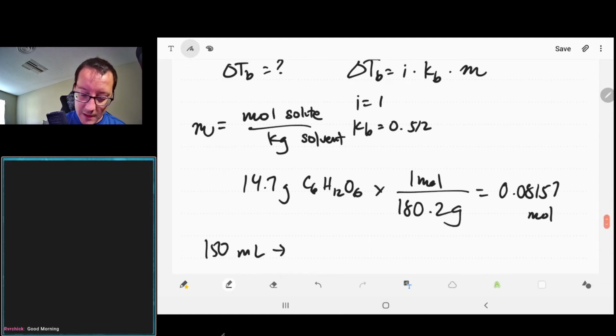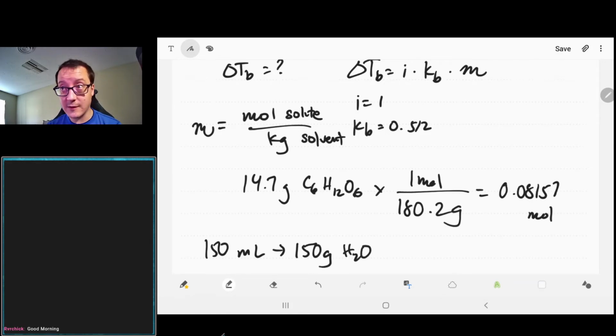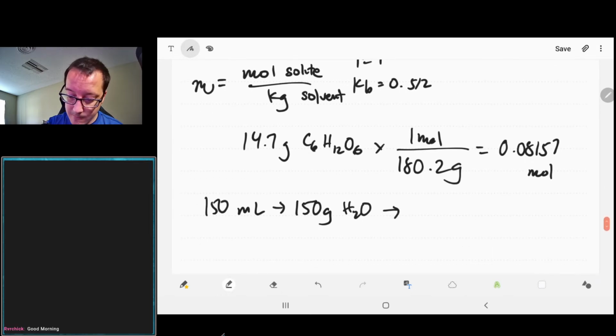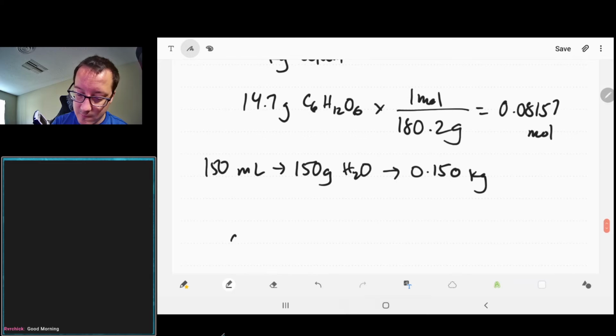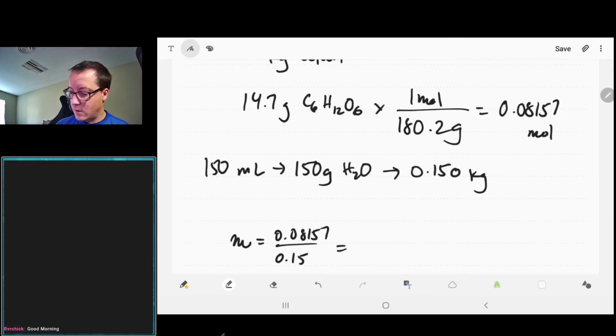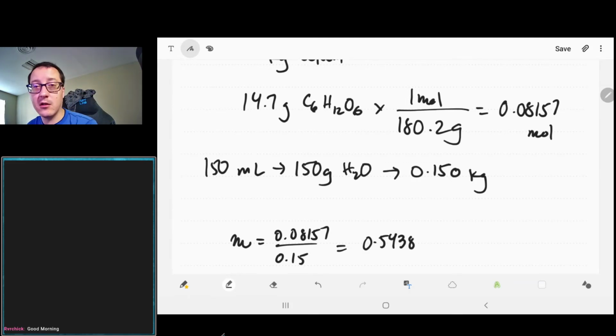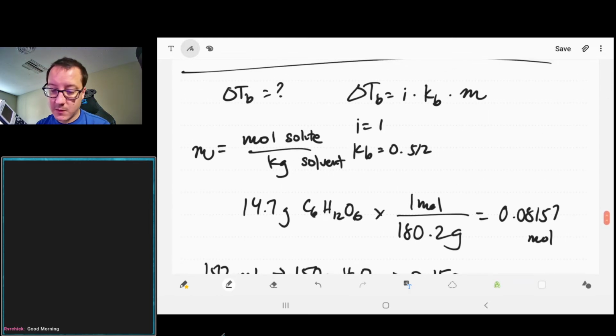We have 150 mLs of water. For water, density is 1, so they're the same, mLs and grams. If we want to go to kilograms, that's just divide by 1,000, right? So our molality is going to be 0.08157 over 0.15, which is 0.5438. So if we go ahead and plug that into our formula, i was 1, and then we just need